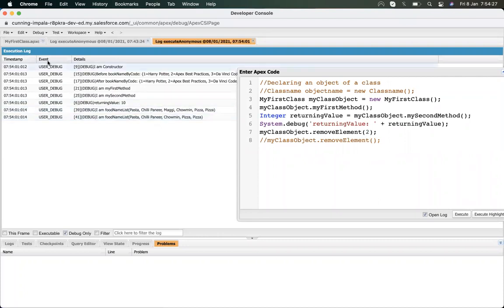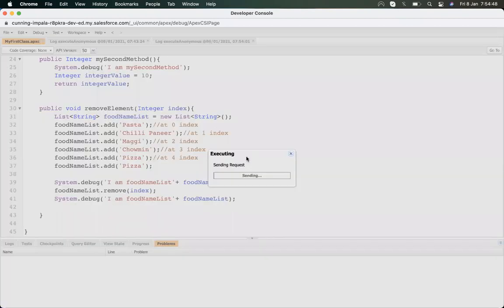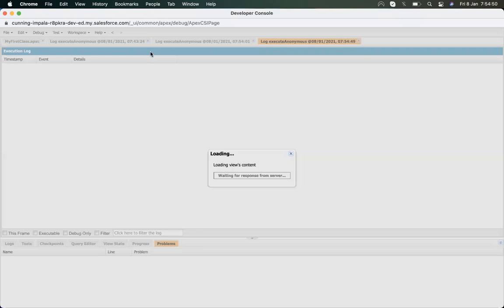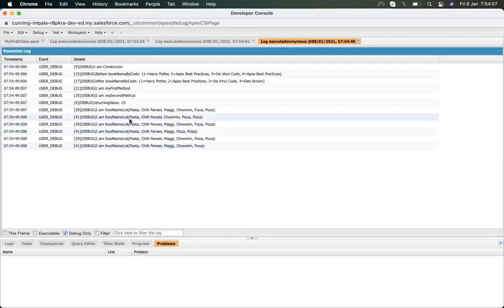Now suppose I repeat that method once again. I write 3 and then I write 4. In the same way I can call the method one by one without repeating the code, and whenever I execute it, that element gets removed.